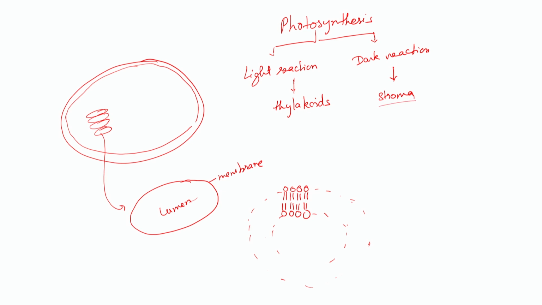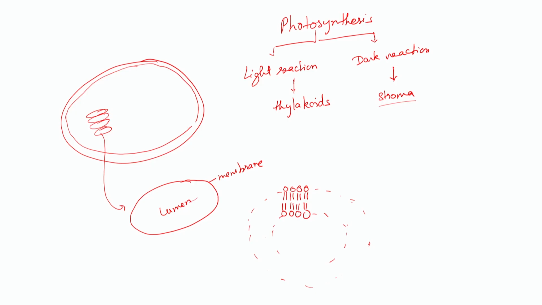Now, stroma also contain a lot of enzymes which are required in dark reaction. Now, in thylakoids, you can see that this light reaction takes place. So, it is a double membrane, it is a lipid bilayer structure. And as in plasma membrane also we have studied that a lot of other components are there, basically proteins. So in this also a lot of other components are embedded which take part in light reaction, like you